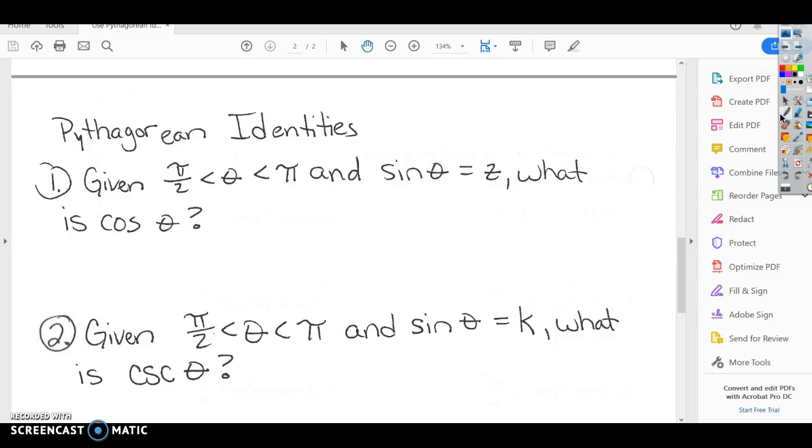All right, so the first part of Pythagorean identities, when it says given theta is between pi over 2 and pi, that's just talking about the domain. That's talking about where it's located, so we basically know what sign it is. Okay, so if you think about the unit circle,